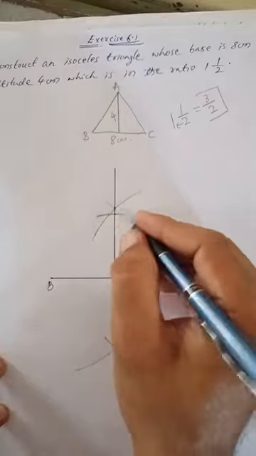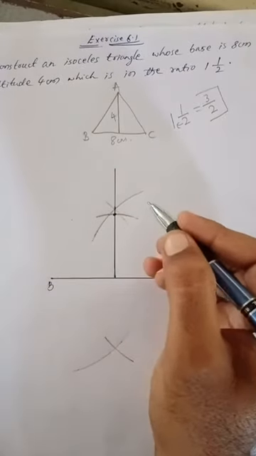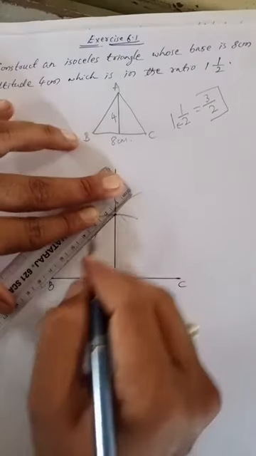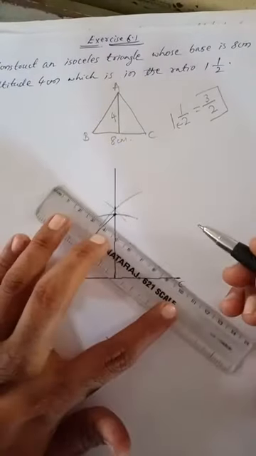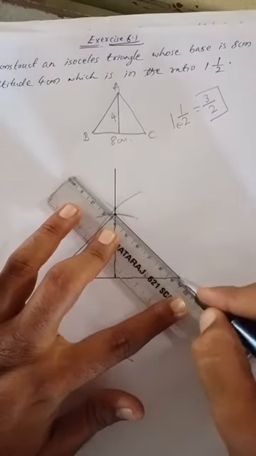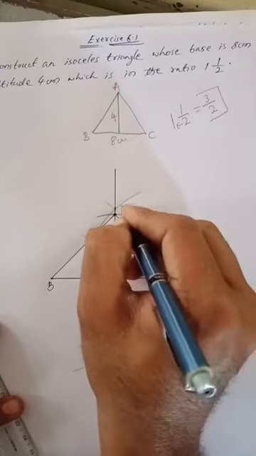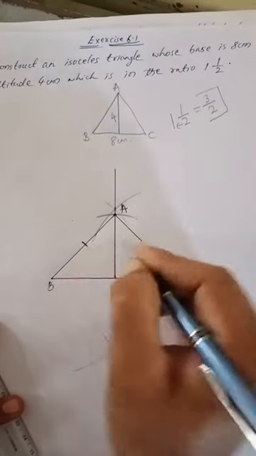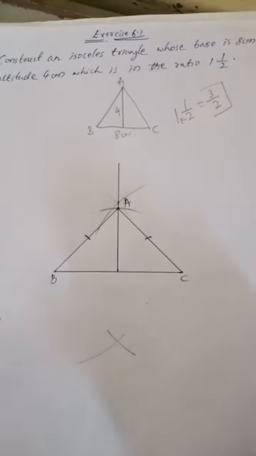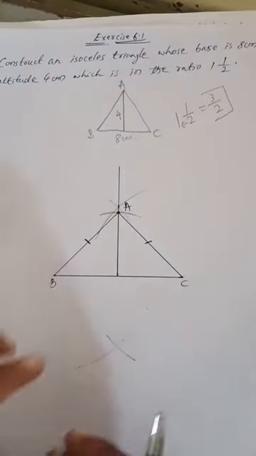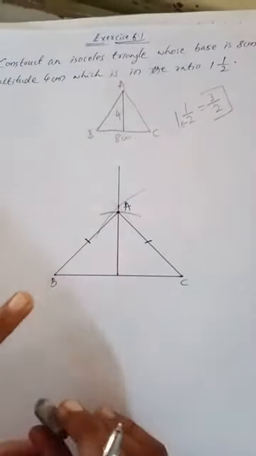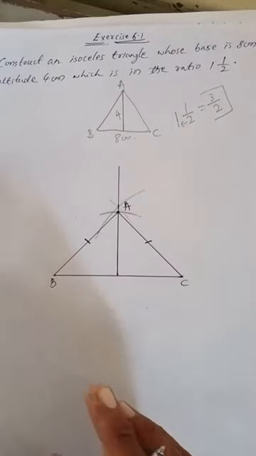So now this is the point where I must join the two sides. Isosceles means two of the sides should be equal in length. So see, this is the isosceles triangle, which I can call A. Isosceles means I will mark it, just two sides are equal. Then what I will do next, I don't want this, it will disturb me, so I will rub this one. Yeah, I have rubbed it. Then the same procedure has to be followed.